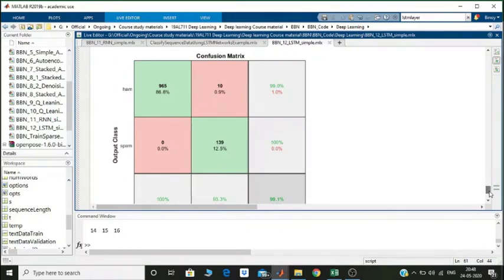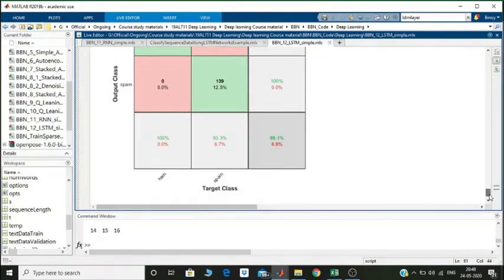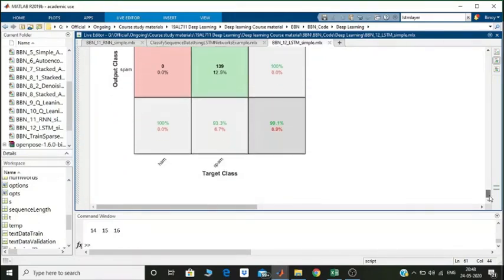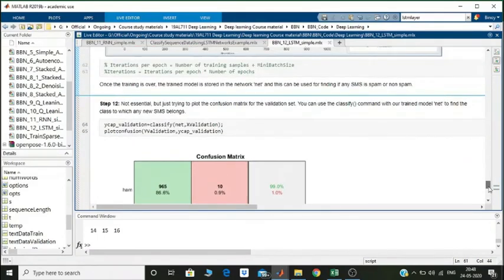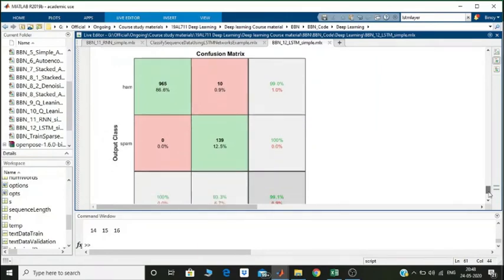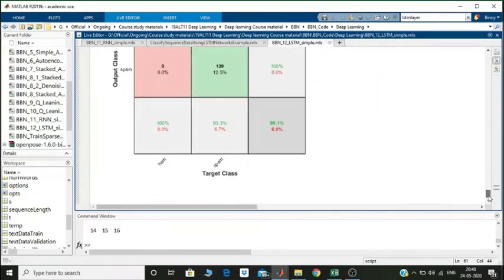So even with this unbalanced data set, we have a very good accuracy of 99.1%. So this is how a typical LSTM for sequence classification works.